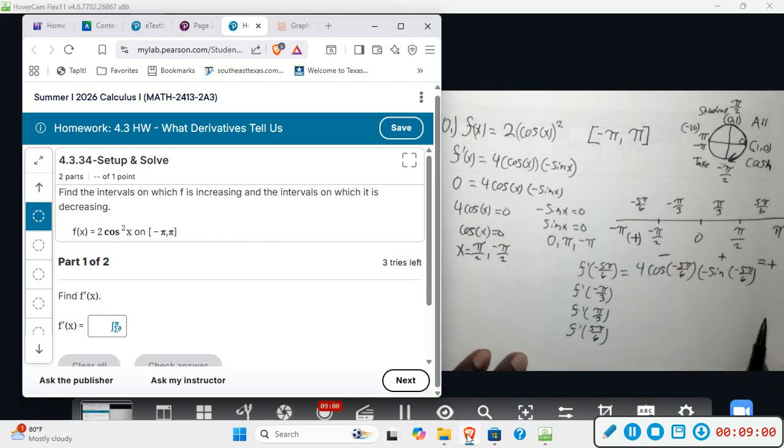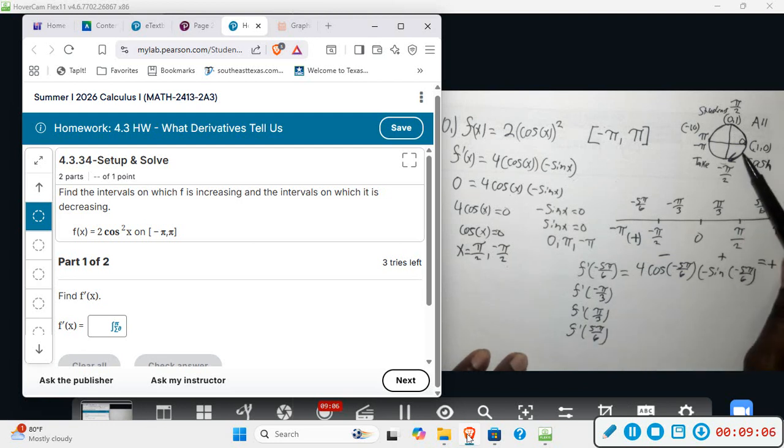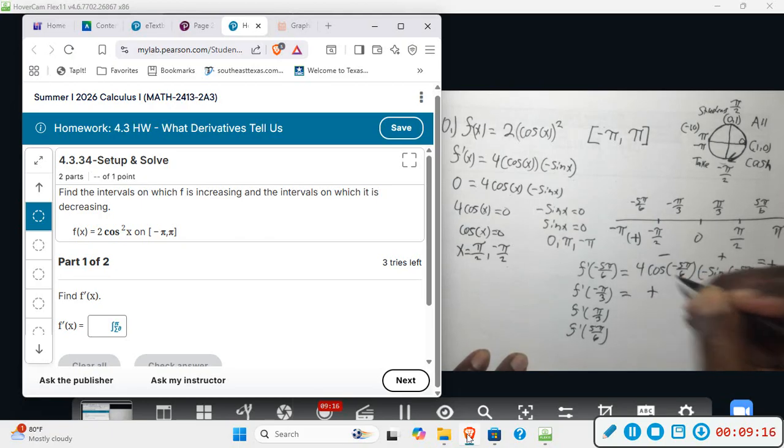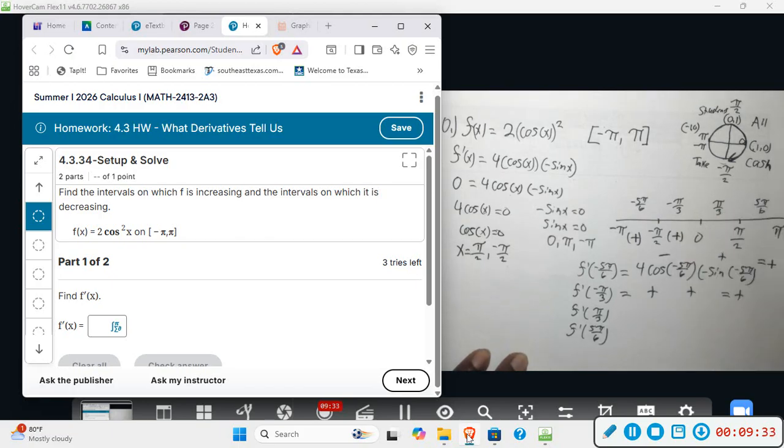And then I'm going to do the same thing for each one of these. So if I do negative pi over 3, I'm right here in quadrant 4. Traditionally 1, 2, 3, 4. So cosine is going to be positive. So my first value is going to be positive. And then sine will be negative, but I have a negative, so a negative times a negative will also be positive. Positive times a positive gives me a positive. So I'm saying that this section is also positive. So no sign change. Then when we go to pi over 3 up here,